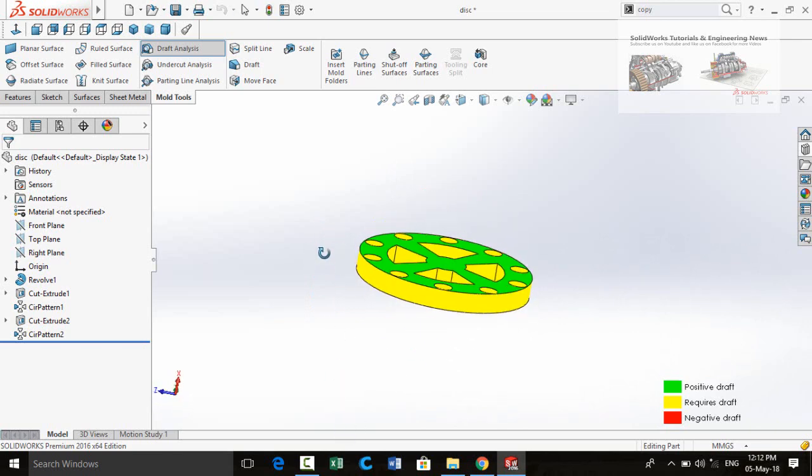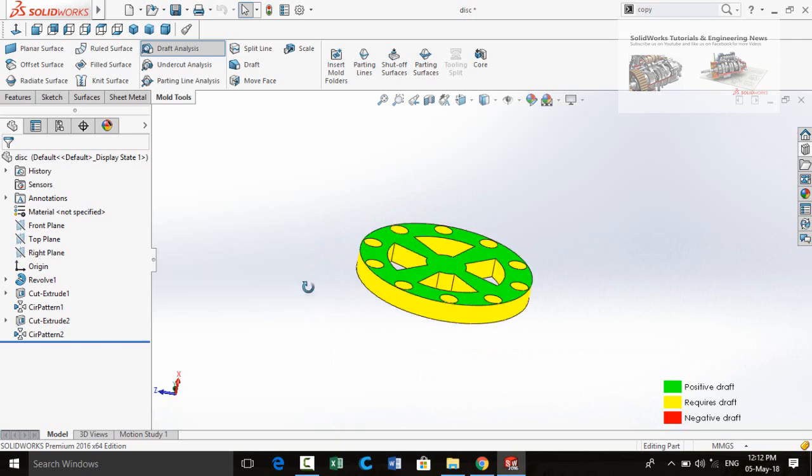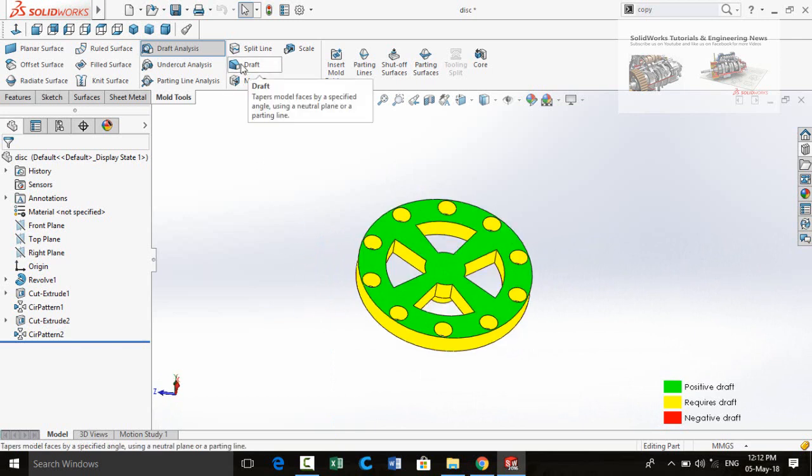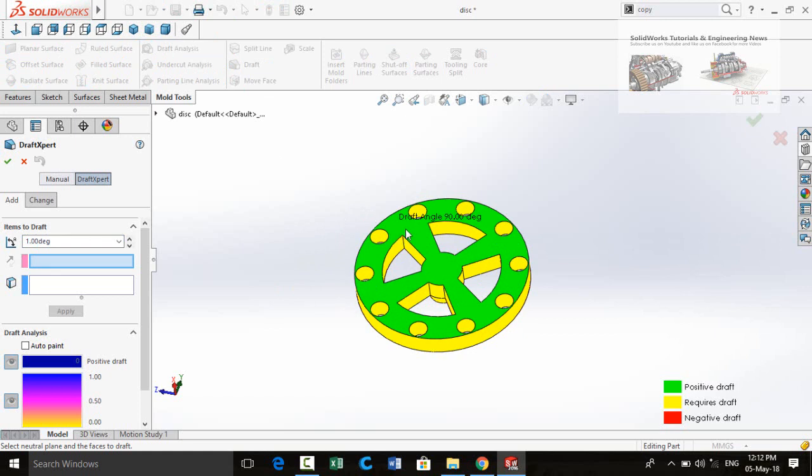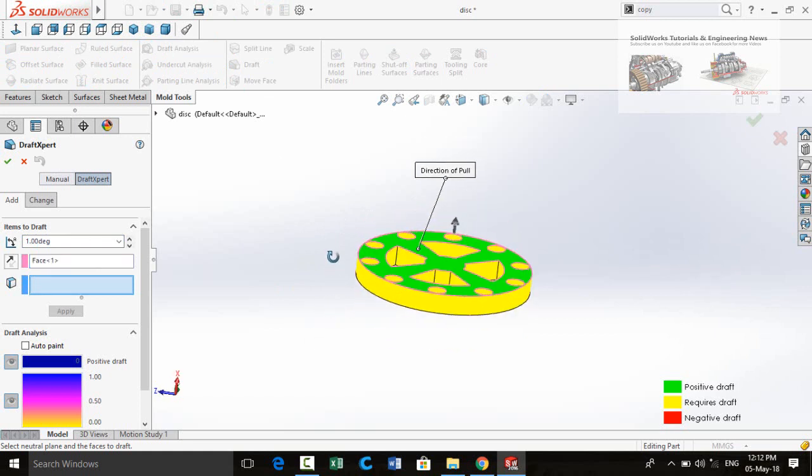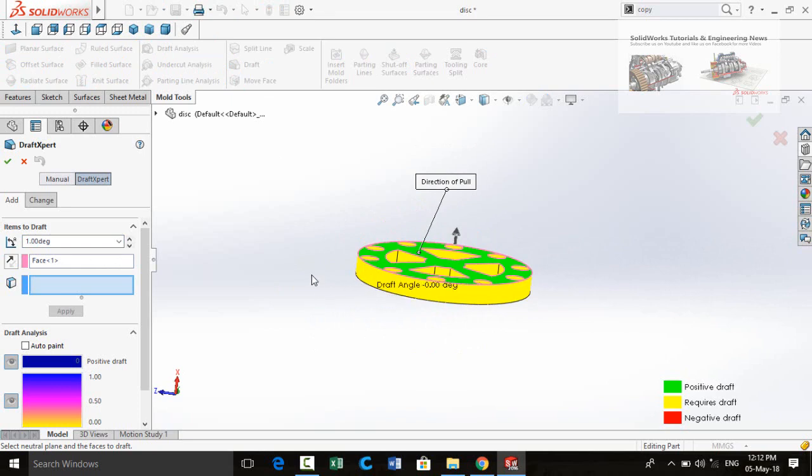Now we have to make the draft for these yellow faces. For that, click on Draft button here and then select the direction of pull. So select this face and then select all these yellow faces one by one.